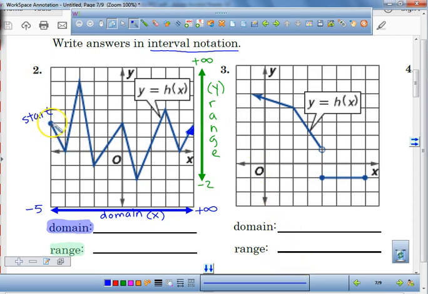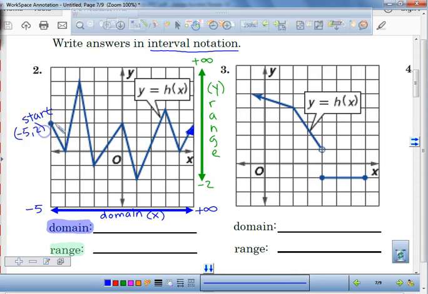So if it starts right here at negative 5, our ordered pair is negative 5, 2. If the x value is at negative 5, you're going to use what's called a hard bracket. The hard bracket means equal to, so we're starting at negative 5. And where am I traveling to? I'm going all the way across to positive